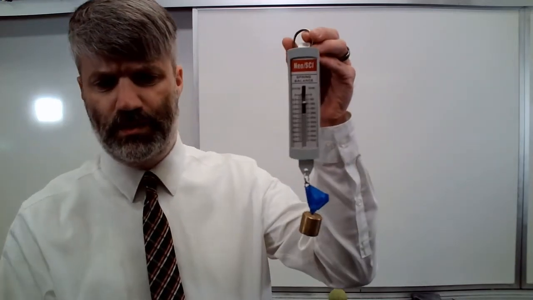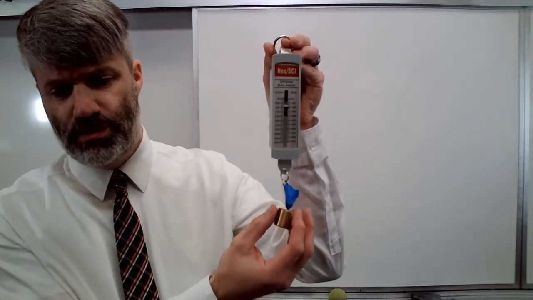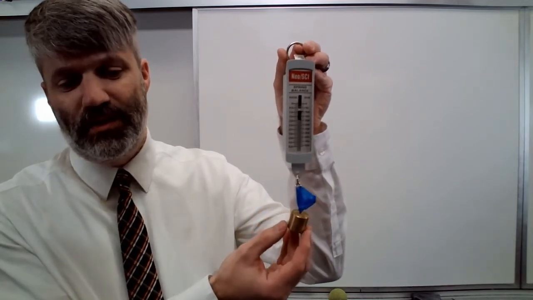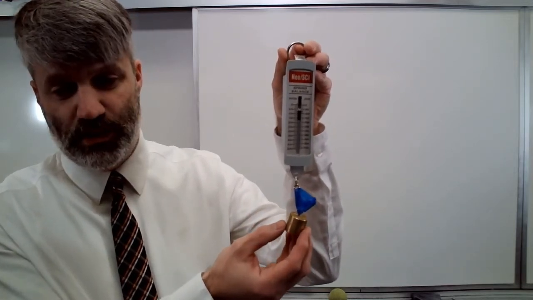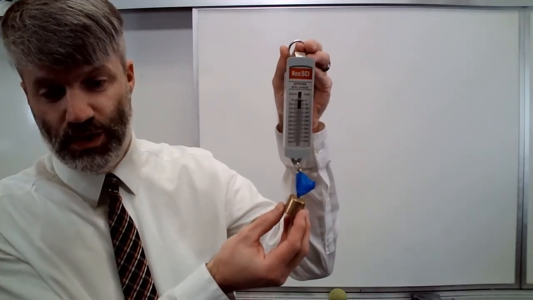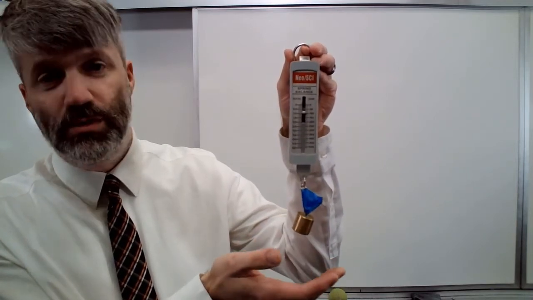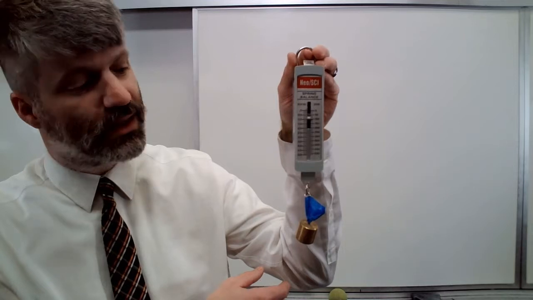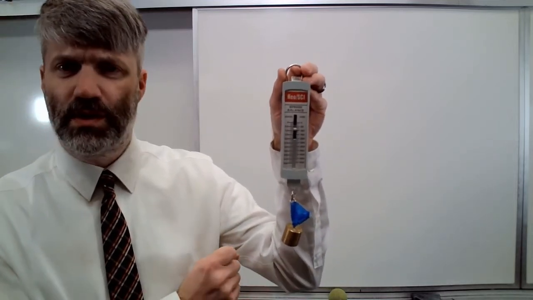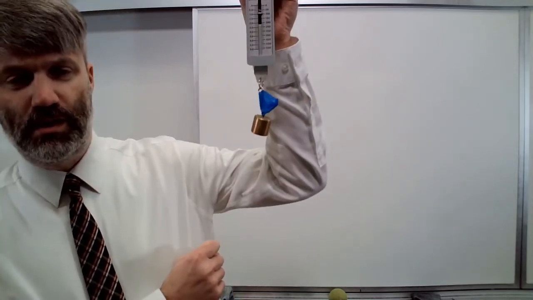So I have here what's called a spring scale. All right, and the spring scale obviously measures, in this case, the weight of this 100-gram mass. We can see that on the left side we have the force in newtons, and this 100-gram mass multiplied by the acceleration due to gravity should be about 0.98 newtons, and that's just what we see. But we'll see that the spring scale reads something a little bit differently when the object is accelerating